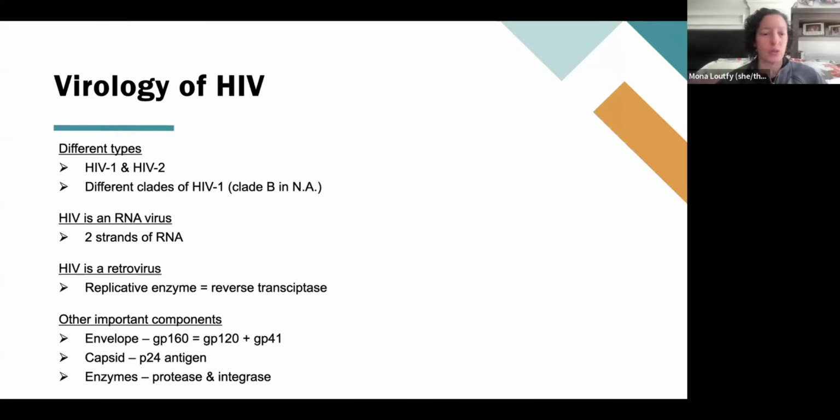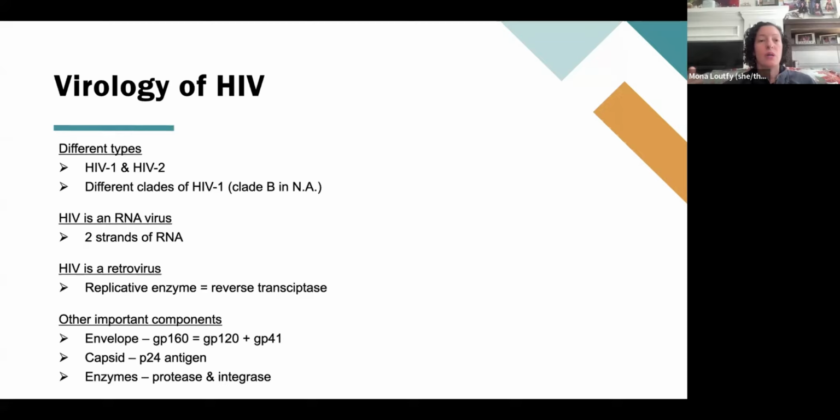It's also an envelope virus, so it has an envelope, and the envelope breaks very easily. And then HIV is a retrovirus. So it has its own enzyme called reverse transcriptase that assists with its replication. That makes it a more advanced virus than other viruses. Other viruses 100% have to rely on the host machinery to replicate, but HIV has reverse transcriptase that helps make copies of itself,